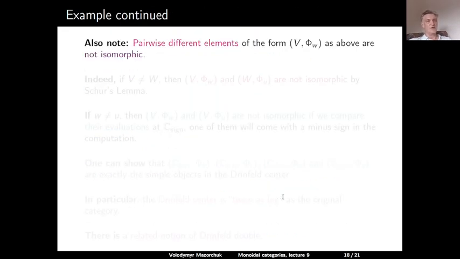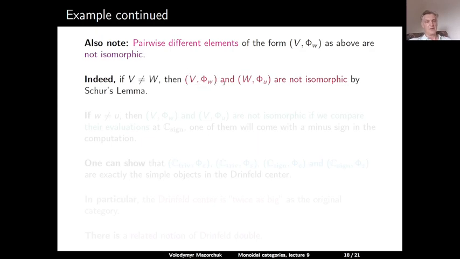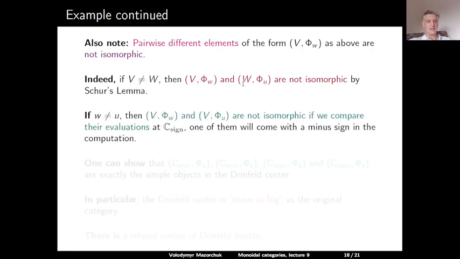It is also very easy to see that pairwise different elements of this form, V, phi W, as above, are not isomorphic. Indeed, if V is not isomorphic to W, then V, phi W and W, phi U are not isomorphic because there are no maps from V to W in G mod by Schur's lemma. At the same time, if W and U are different elements in G, then V, phi W and V, phi U are not isomorphic if we compare what